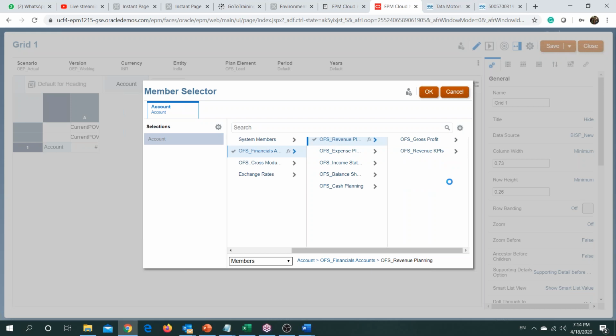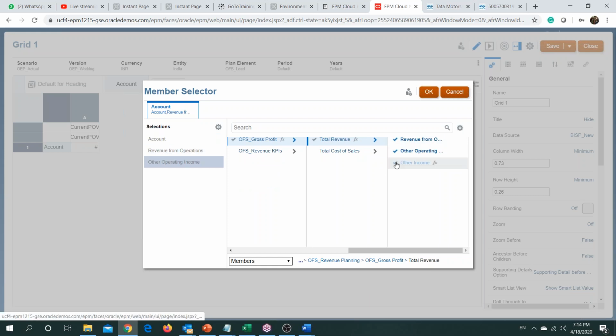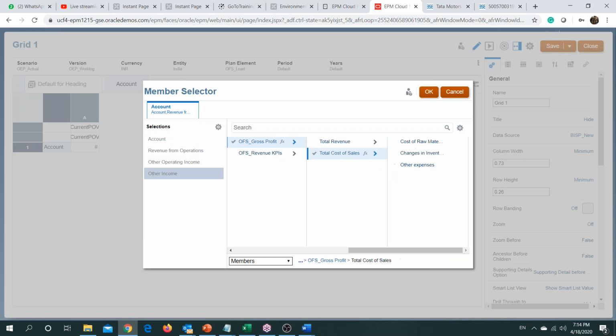And under gross profit, we have our total revenue and total cost of sales account. So let me just take into account first the total revenue accounts. So select all the accounts that you want to bring in and our total cost of sales accounts.